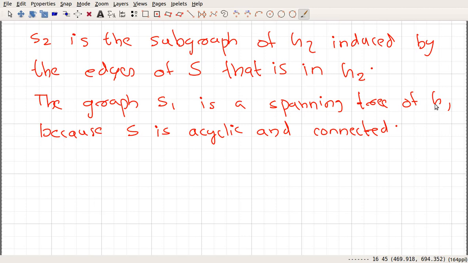Okay, so S1 is a spanning tree of G1. And similarly you can also argue for S2. Okay, so we have to prove that this is a bijection. Okay, so moreover,